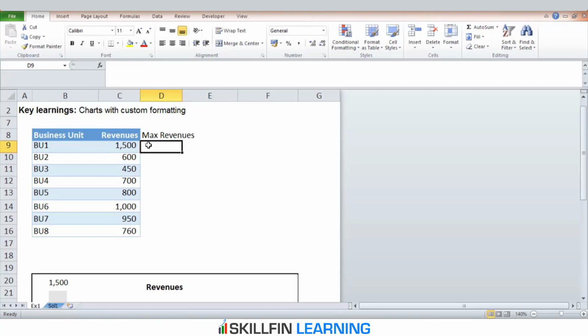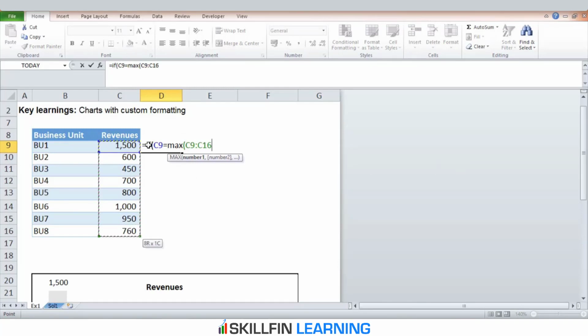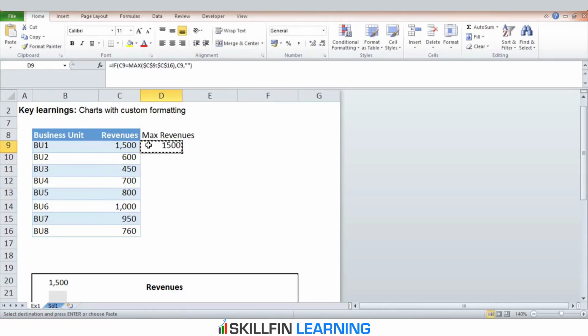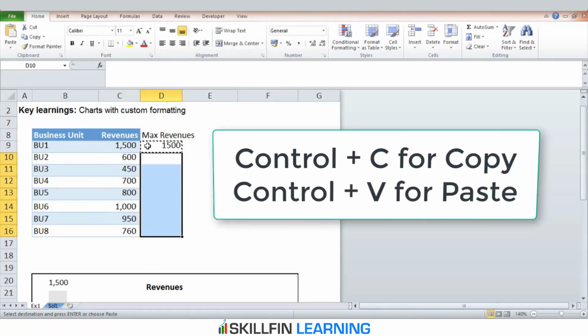And I'll put a conditional formula: equal to IF cell C9 is equal to MAX of cell C9 to cell C16, then cell C9, or leave it blank. Freeze the cell C9 to cell C16 and then copy and paste the formula.